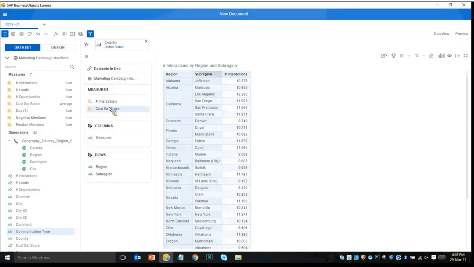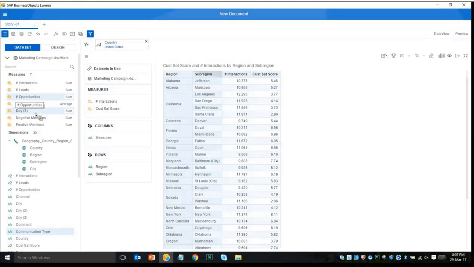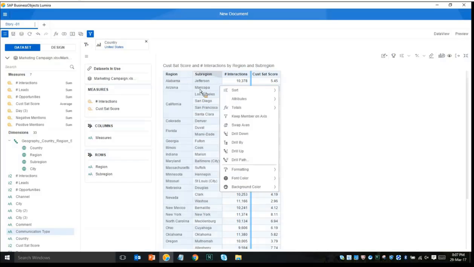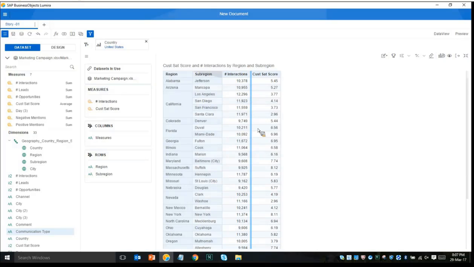To add it to my visualization. For example, I can take opportunities and this topic here that would update my cross tab with the additional field, just to make the experience better for the end users for analysis. Or I can also create totals just by right clicking and saying show total, and my values get updated based